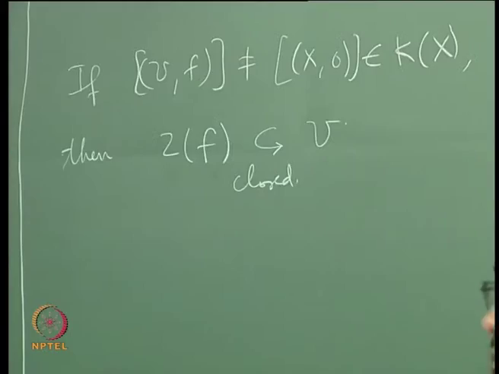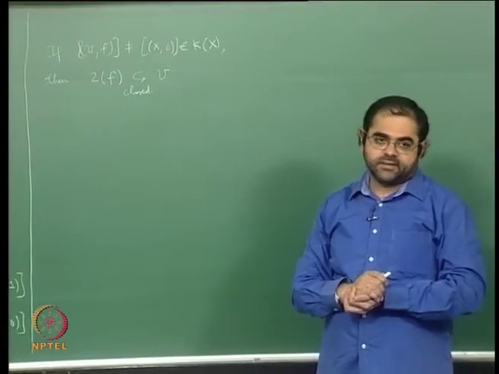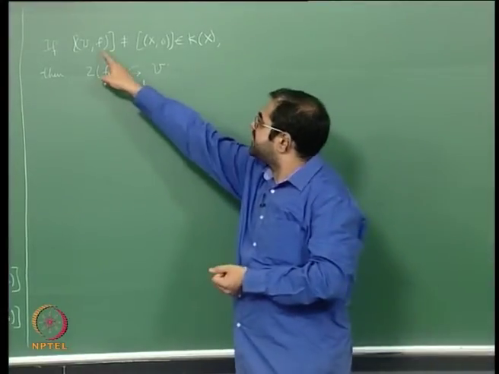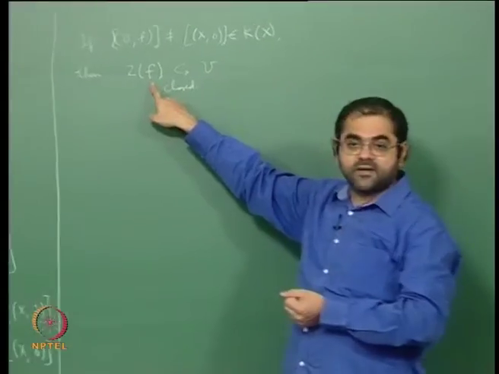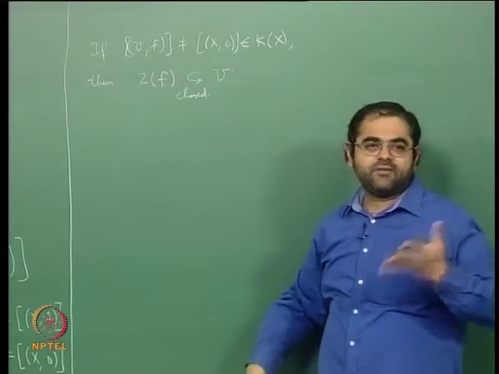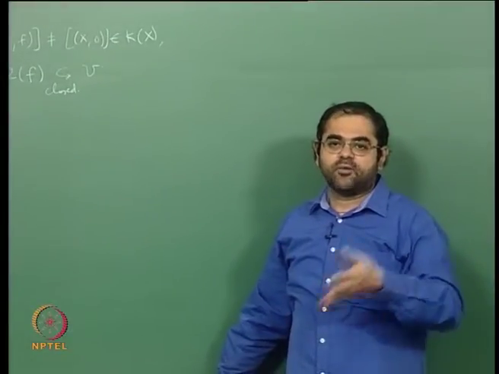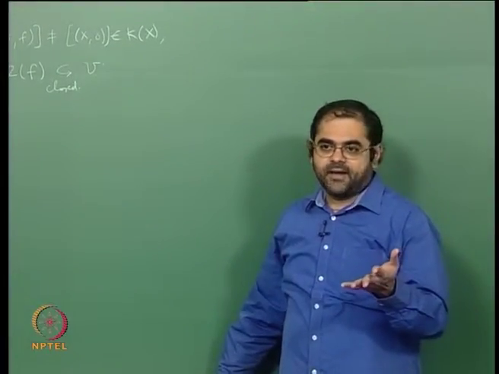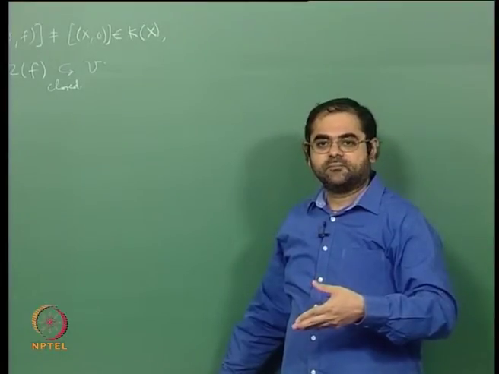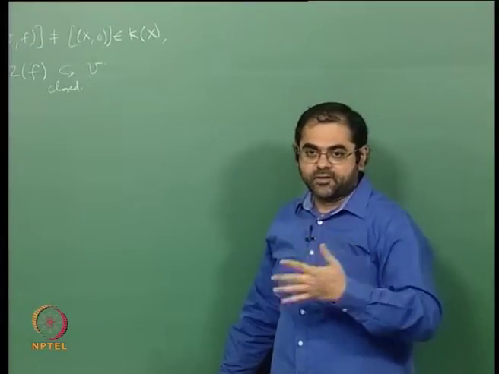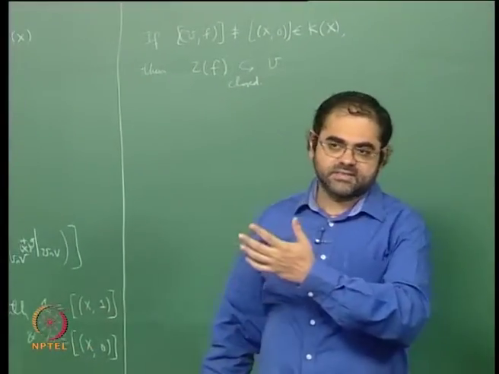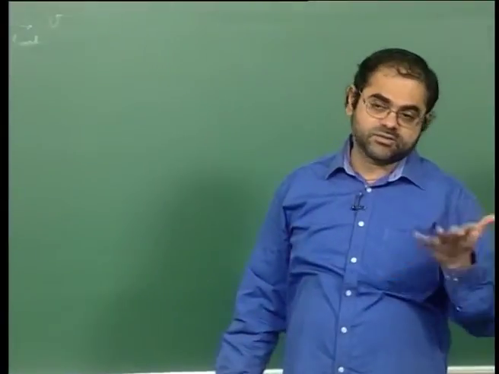So f is a regular function on U, and mind you, U itself is a variety. Any open subset of a variety is again a variety, okay. So U itself is a variety, f is a regular function on U, and if you take the zero set of f, namely the set of points in U where f vanishes, that is going to be a closed subset of U, because roughly the idea is that the closed subsets are defined by vanishing of polynomials, right, in the affine case. In the affine case they are common zeros of a bunch of polynomials, and if you are in the projective case, then it is common zeros of a bunch of homogeneous polynomials, okay. In any case it is just vanishing of polynomials that gives the closed subsets for the Zariski topology,